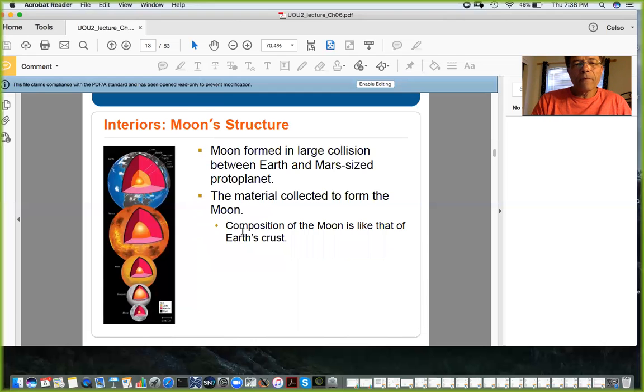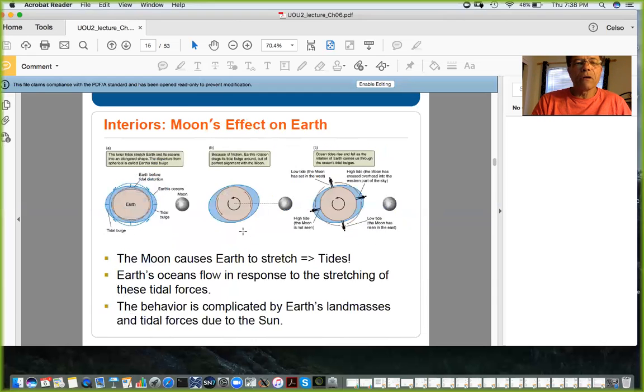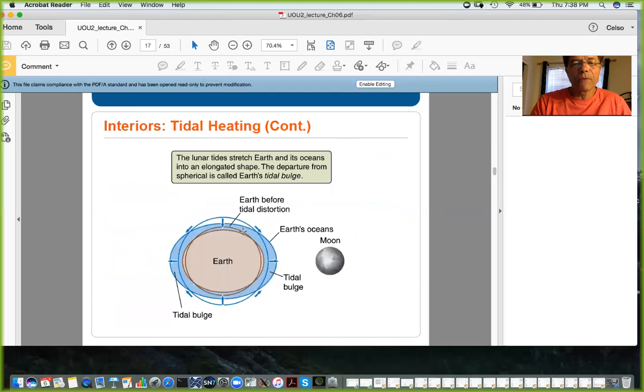So terrestrial planets and terrestrial objects are those,